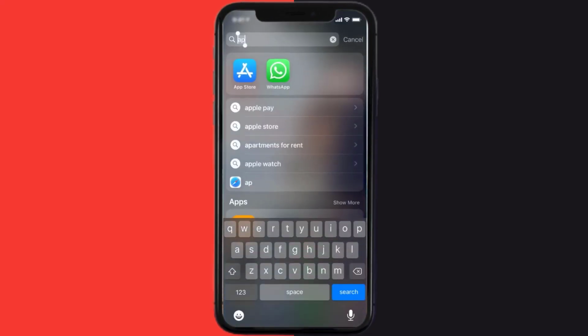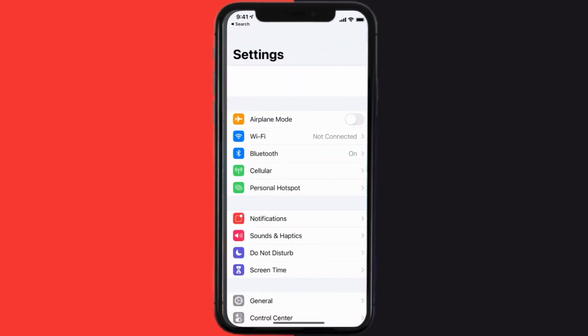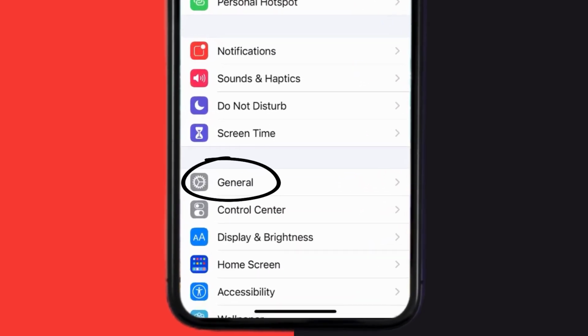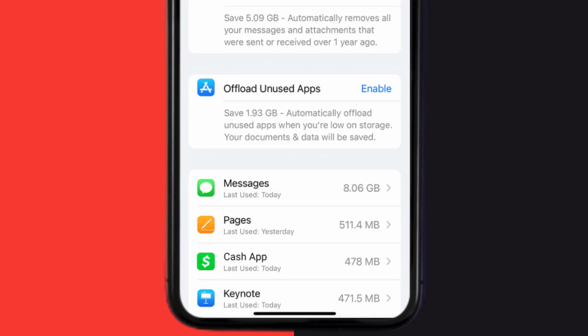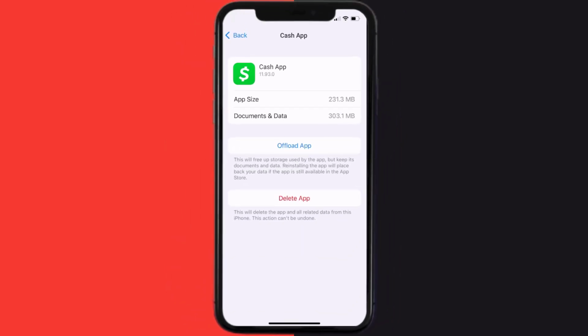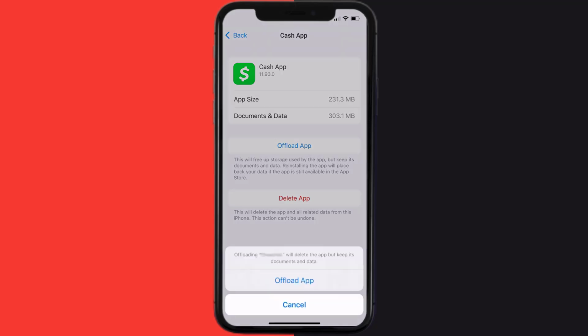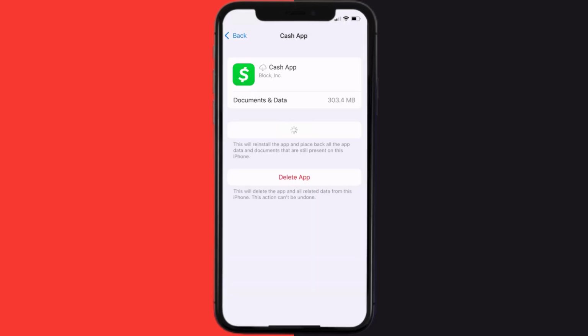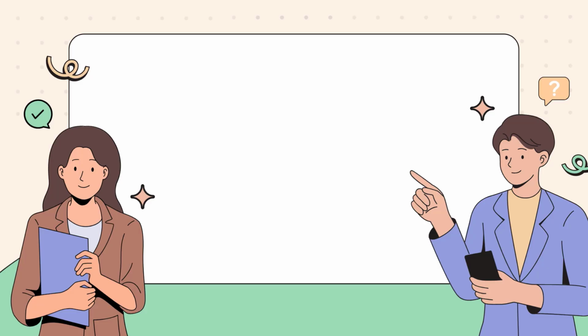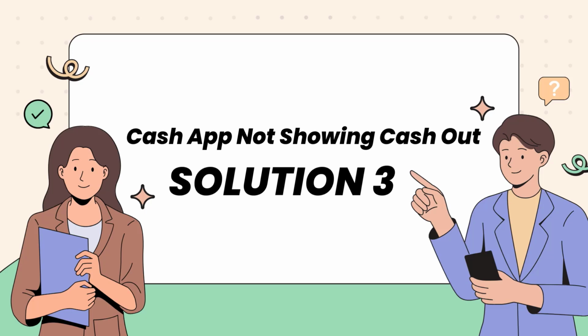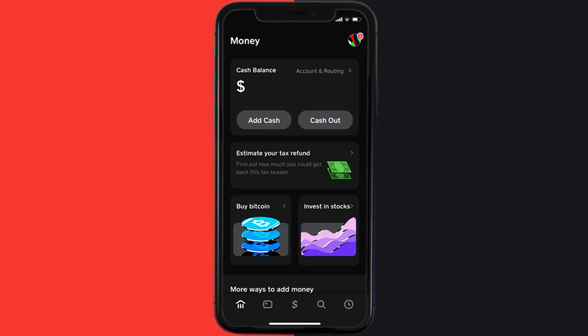Go to your device settings and then scroll all the way down to General and tap on it. Then tap on iPhone Storage. From here, search for the Cash App and then tap on it. Once you're on this screen, you need to tap on Offload App. Tap again to confirm. It'll take a bit for processing, and then a reinstall button will show up. Simply tap on it to reinstall the app. This should fix Cash App not showing the Cash Out option, but if it doesn't, then open up Cash App